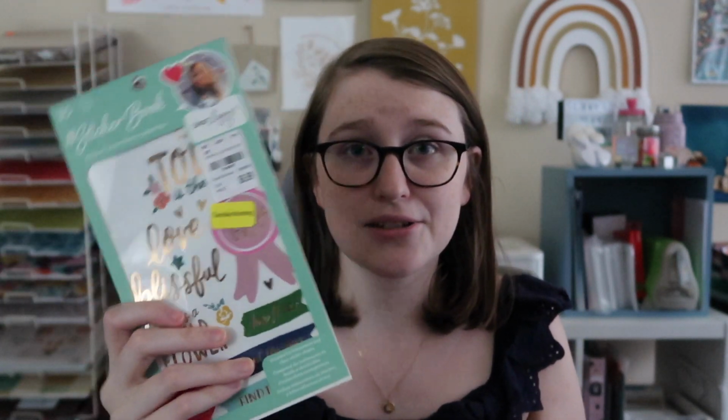So you can see some pages are more well loved than others, but I don't own these collections from Dear Lizzie, so this is just me using them to pair with my stash. But I did get this on a good clearance deal from Tuesday Morning a year or two, 2 or 3 years ago, I don't even know now, but I finally opened it back up, even though I wanted to finish a sticker book before I opened a new one, but I actually gifted one away to my niece, so that means my inventory sort of opened up for a new one. So I had a little loophole there, and I took it,